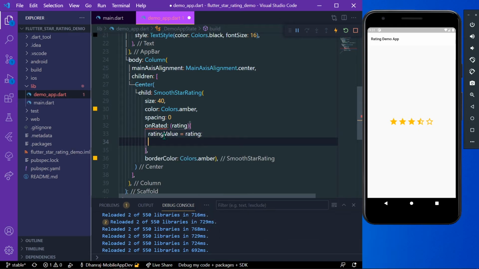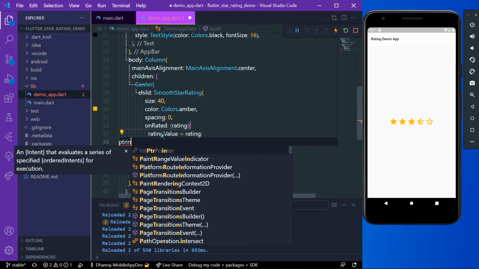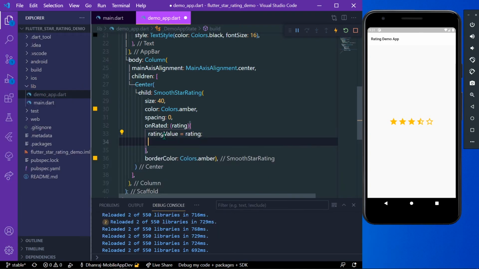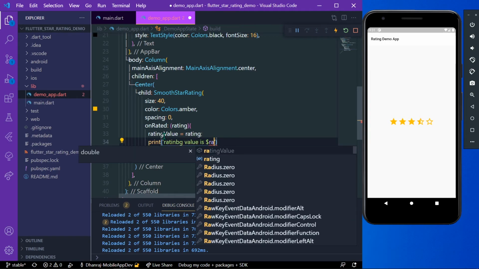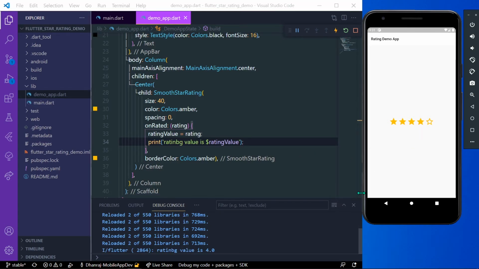So we will simply print our rating value in our debug console. Print, our rating value is, our rating value. So now we save our app, and now you can see when the user selects a star, our rating value is printed.